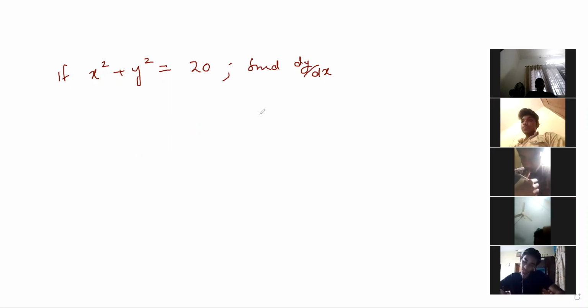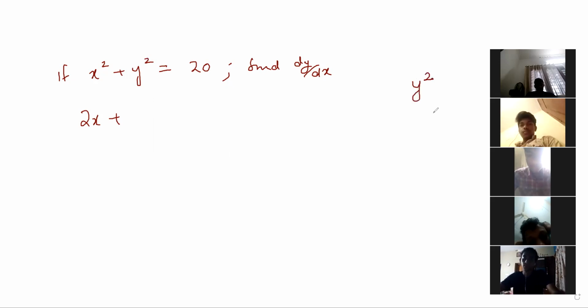Sanjay, can you give the step? Yes, teacher. Okay. See, what is the derivative of x square? 2x. What is the derivative of y square? y square dy by dx. Also dy by dx has to be taken. But see how you will take y square. Suppose x square, what is the derivative? 2x. So what is the derivative of y square? It is 2y. Into that you have to apply chain rule. You have to multiply with the derivative of y, dy by dx. Understood?